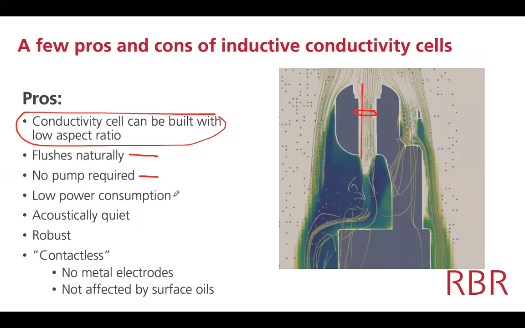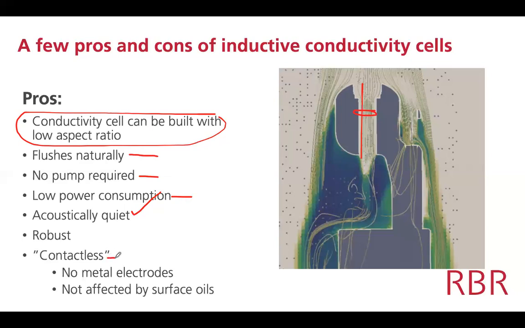The consequence of that is that the power consumption is low. Also, without pumps, these CTDs can be made acoustically quiet, so they're good for use particularly on gliders when you have passive acoustics that require an acoustically quiet environment, or if you're measuring turbulence with shear probes. It's a robust, stout design. And inductive cells, this is something that was recognized very early on,